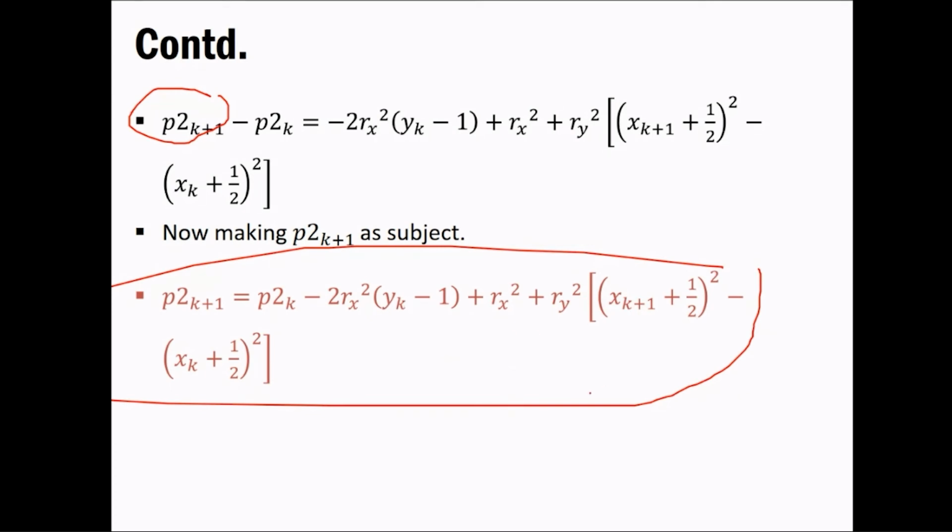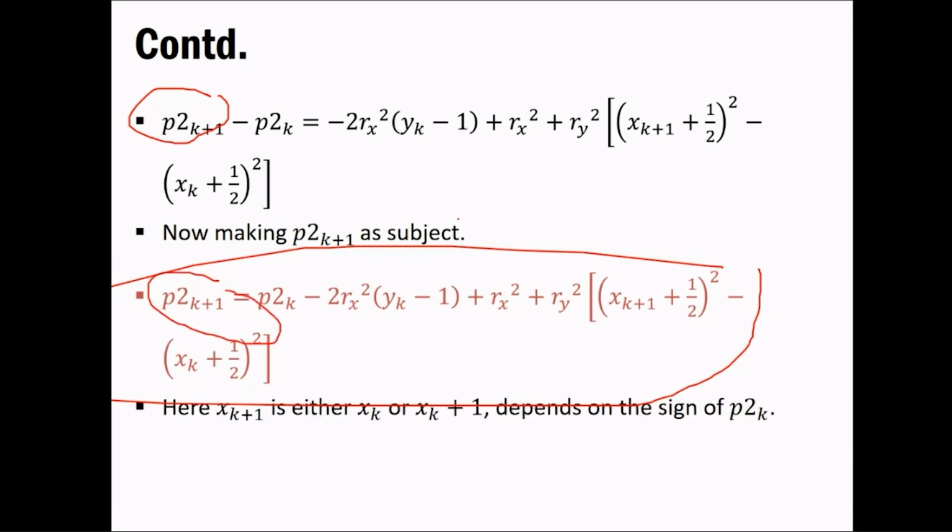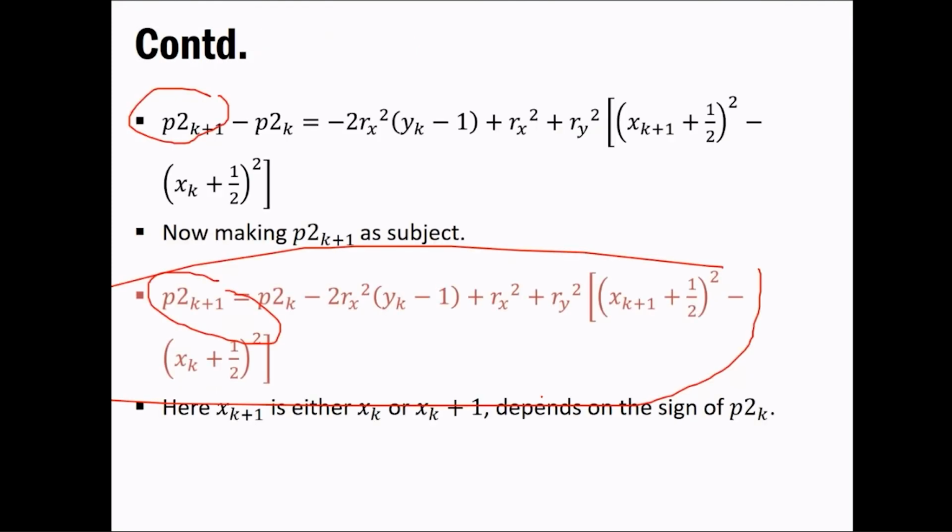Okay, so now you have one equation for p2k plus 1, and here what you have to do is either xk plus 1 would simply be xk, or you have to increment it depending on the sign of the p2k, depending on the condition you have to check. Okay, whether it is greater than or less than 0. So whatever the case you might be having at that particular stage, you have to simply consider it. Okay, so iteration by iteration we'll be getting these values as well, so don't get confused. Difficult नहीं है, ये आपको मिल जाएगी सारी values iteration by iteration. So we'll see this thing also.